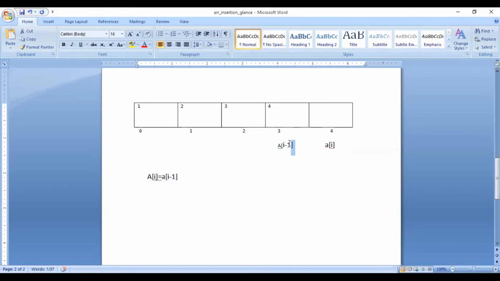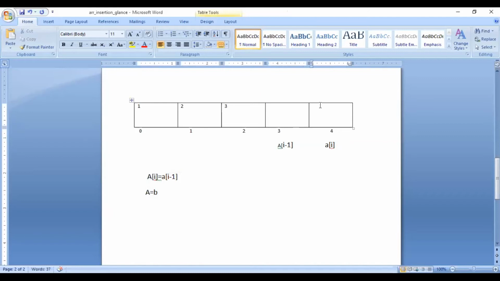What is a of I minus 1? 4 will be stored in a of I. See, each and every time if you are writing A equal to B, then the value of B will be transferred to A. So like this here also, the value of A of I minus 1 will be transferred to A of I. Now the value from A of I minus 1 is being transferred to A of I, so A of I minus 1 location becomes empty.